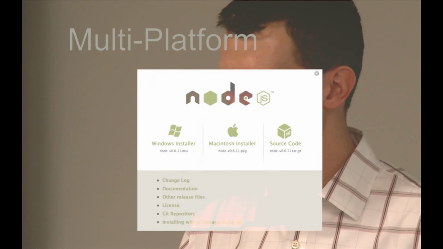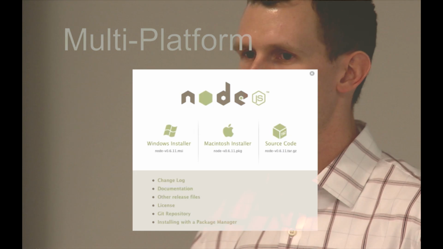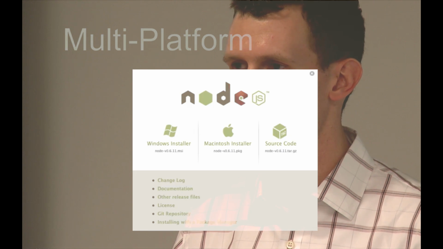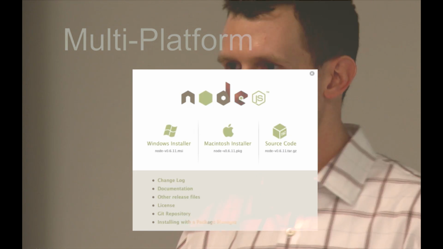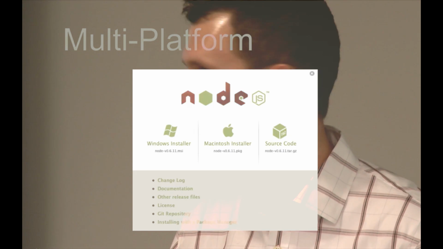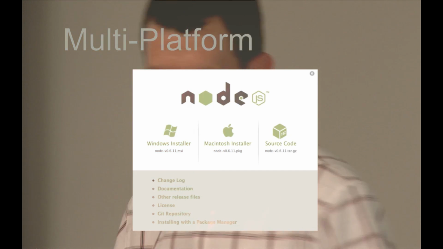So what are some of the benefits? So I think there's a lot of benefits. Well, first, Node is multi-platform, so there's been a very big push recently to get Windows support up to par. I don't know how close it is yet, but I know that even Microsoft is helping out on that particular project. So if you go to the Node's website,